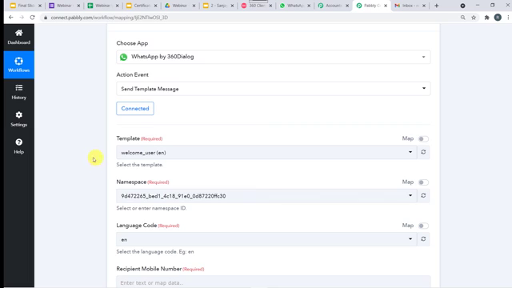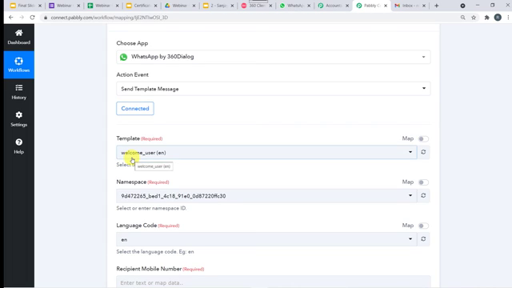So here we have to select a template. So you might be thinking, what is a template? So template is simply a message that we want to send on the WhatsApp number of the participant. So you cannot directly send the messages to anyone on WhatsApp. First you have to create a template. Then only you will be able to send the template messages on WhatsApp. So that is the reason we have to select a specific template over here for sending the messages.